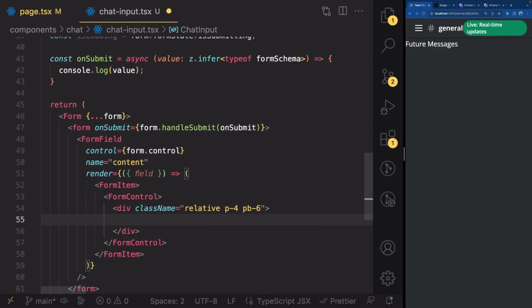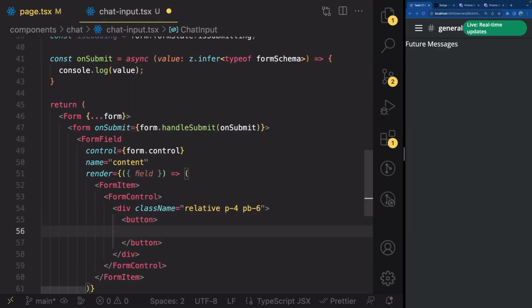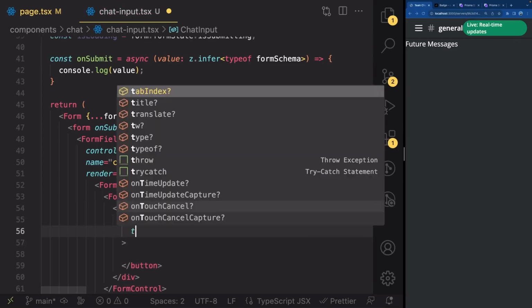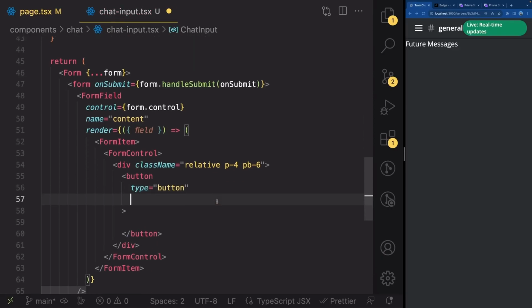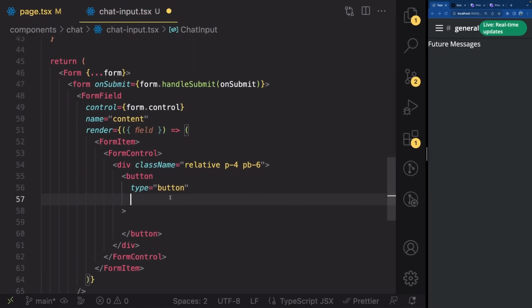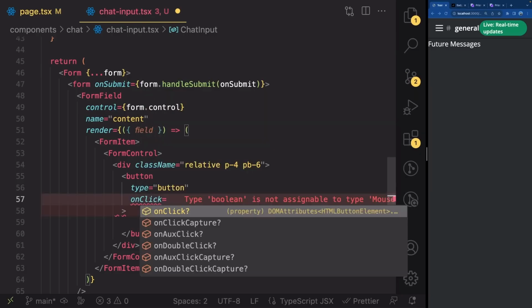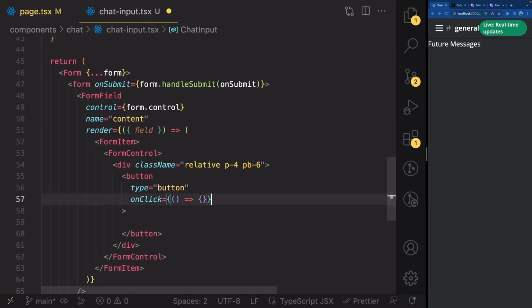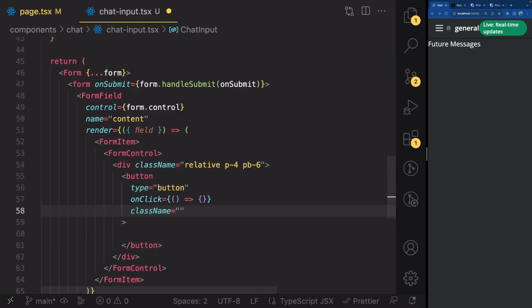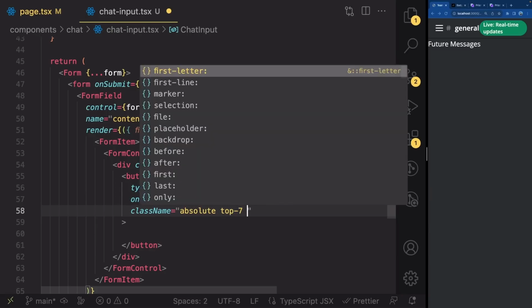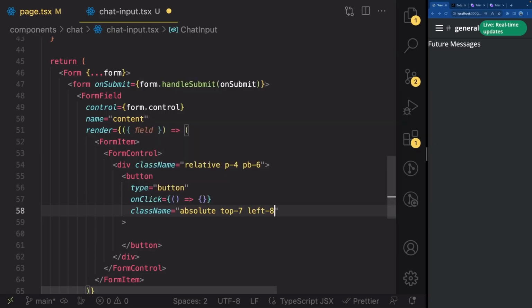Inside of here, let's create a button element with a type of button. That's important, so it doesn't accidentally get triggered when we press enter. onClick can for now just be an empty arrow function, and give this button a class name of the following: absolute, top-7, left-8, height 24 pixels, width 24 pixels as well,